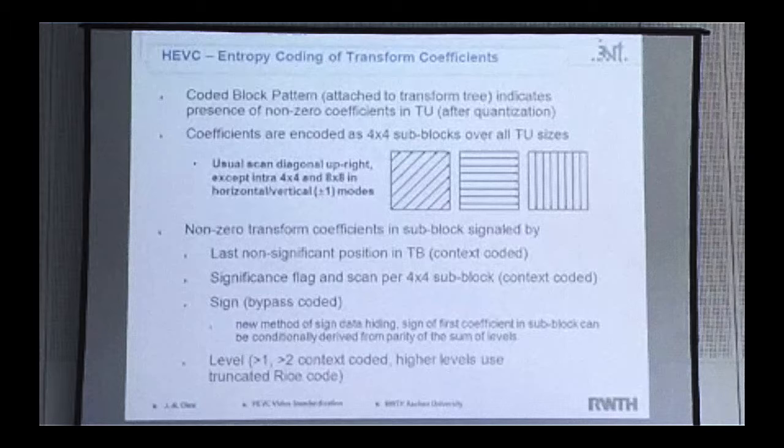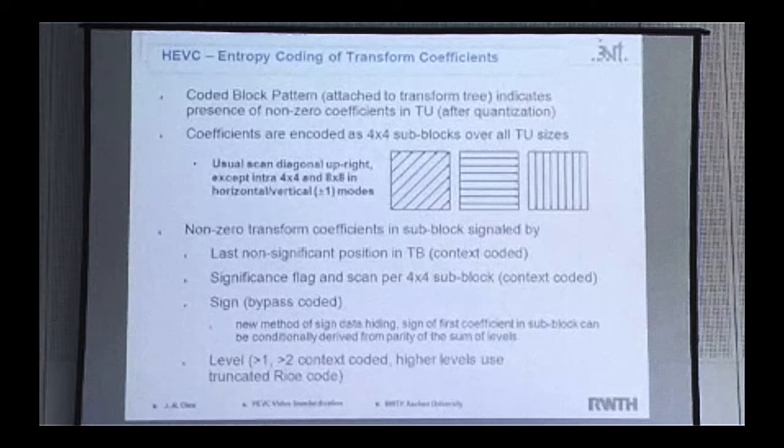You also take coefficients for getting the input to the probability of the entropy coder. You take coefficients from the previous scan row. That really makes the throughput of CABAC and the adaptation of the CABAC engine much more hardware friendly. Not taking the previous coefficient, taking some that came from the previous row that are already available for some time. Otherwise, we have the last position coded. We have a significance flag. That means you are looking for non-zero coefficients, and if there's a non-zero coefficient found, a significance flag is set.